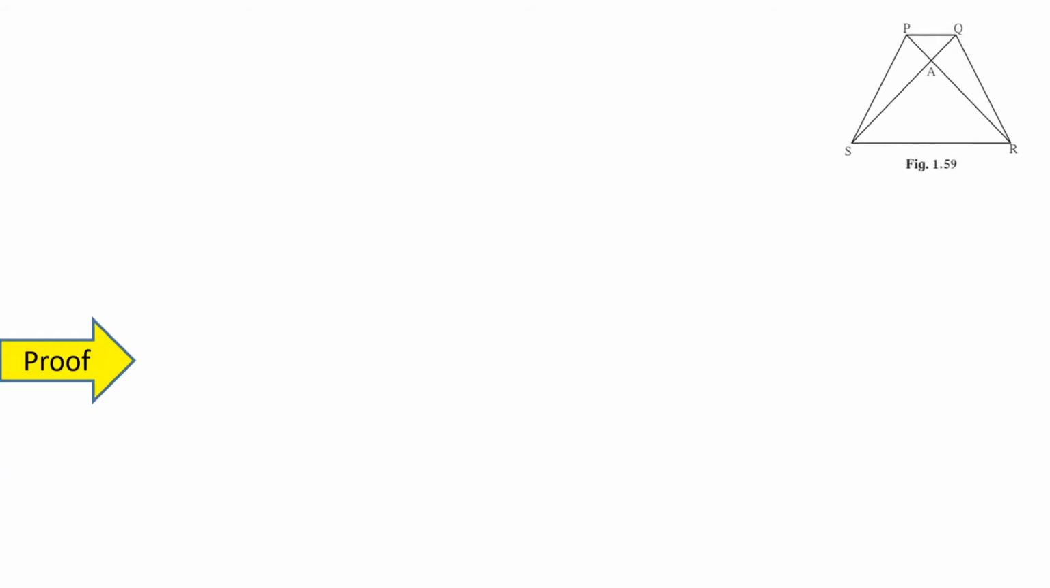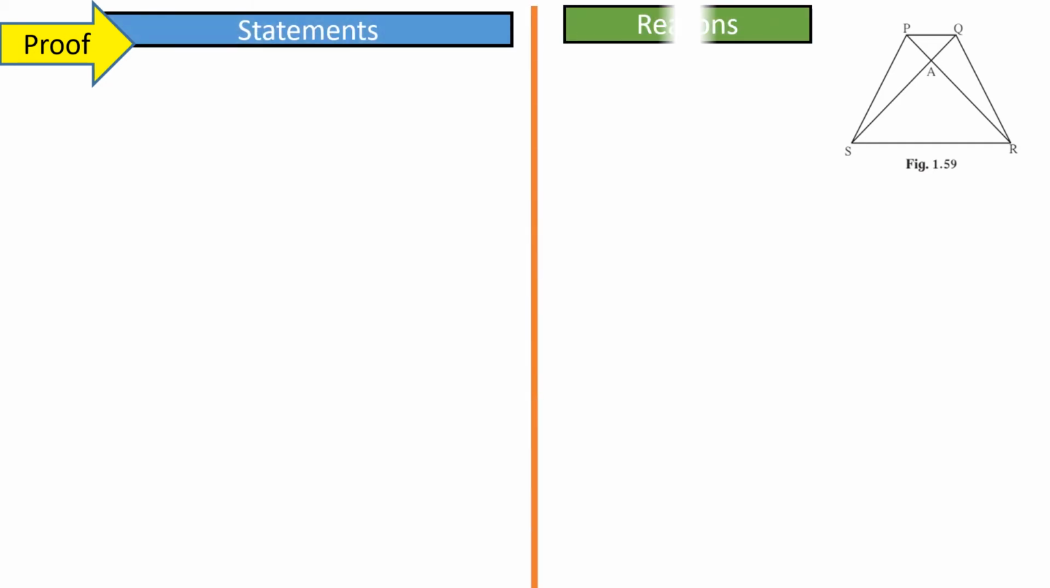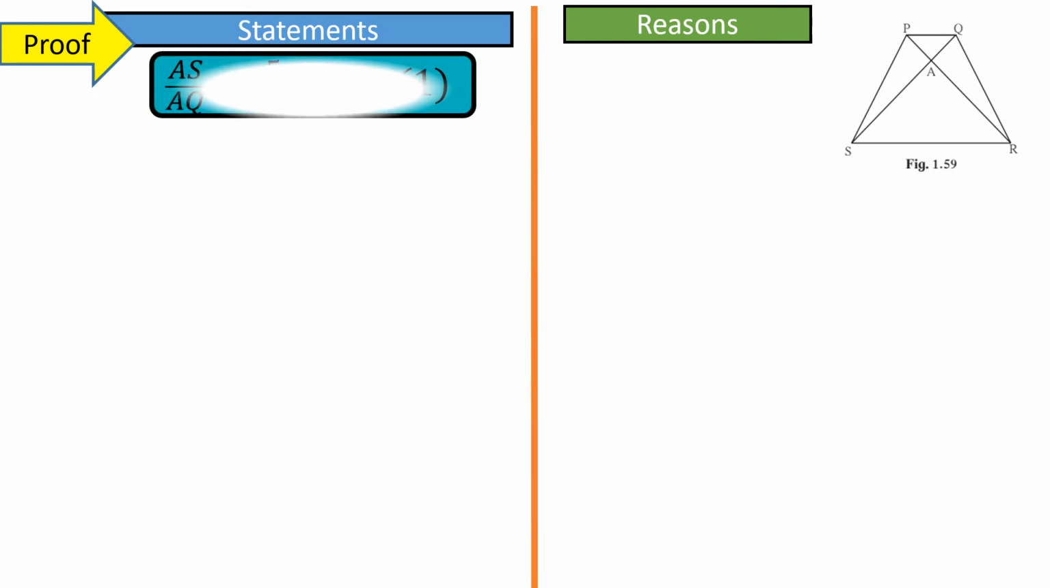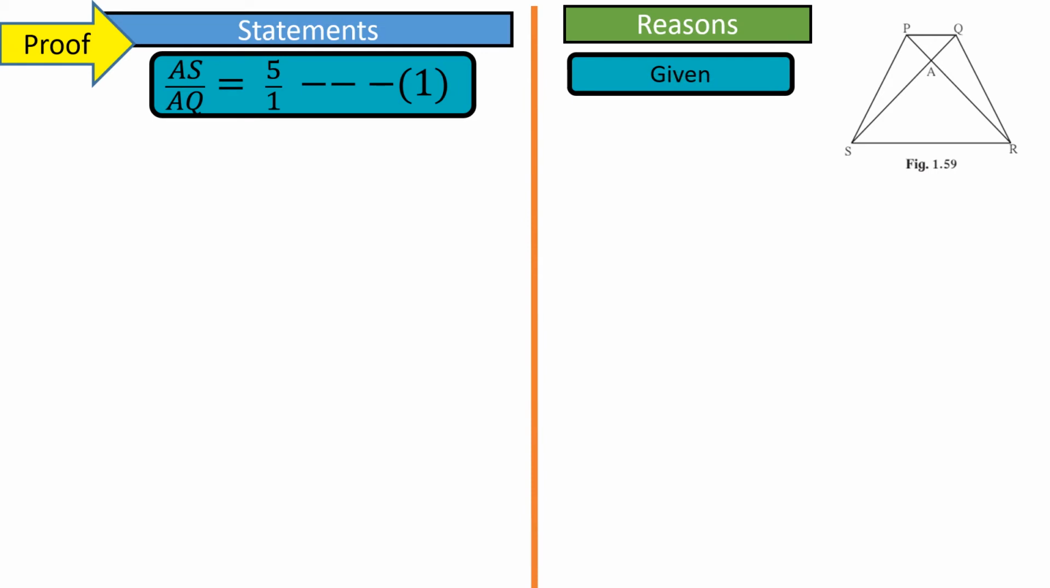Now here is the proof of the sum which we have discussed before. You can see the diagram on your screen, and we'll be writing in the form of statements and reasons. We'll first write down what is given to us. AS upon AQ is 5 upon 1. Now since quadrilateral PQRS is a trapezium, PQ is parallel to SR. If PQ is parallel to SR,